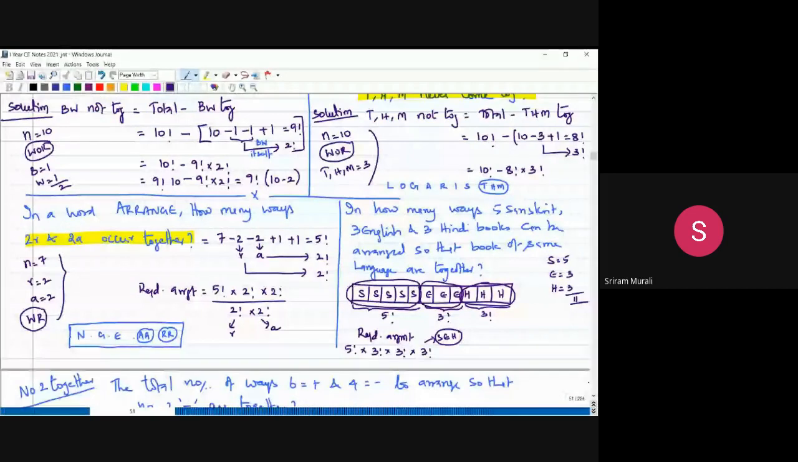Have you understood this? Yes, sir. You may ask, why don't you do it using the last method? If you want,